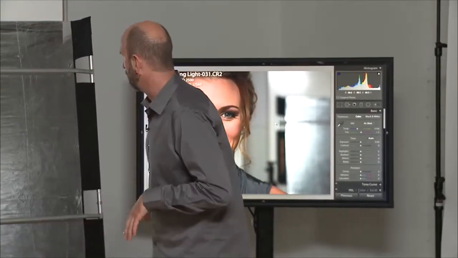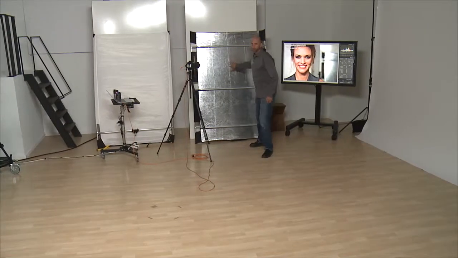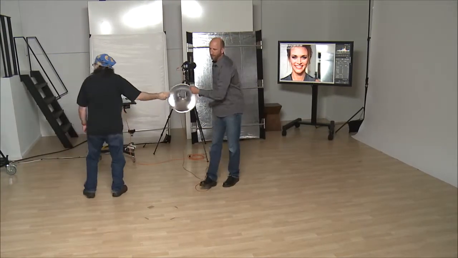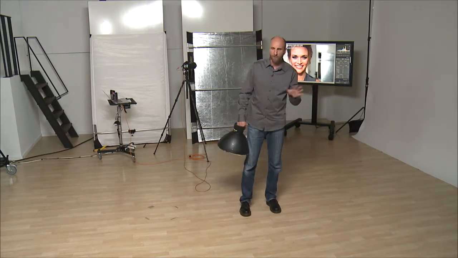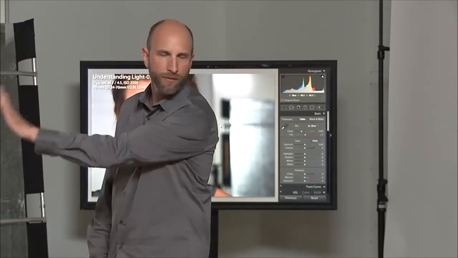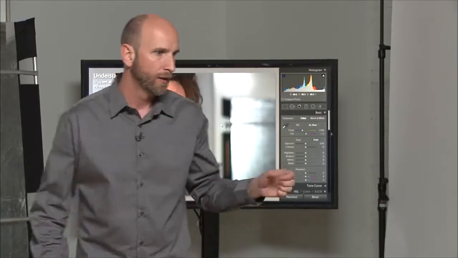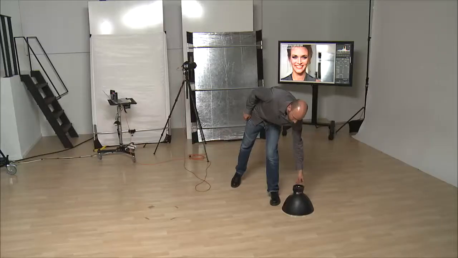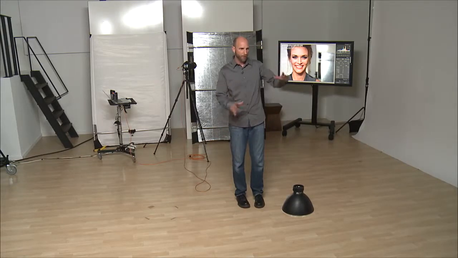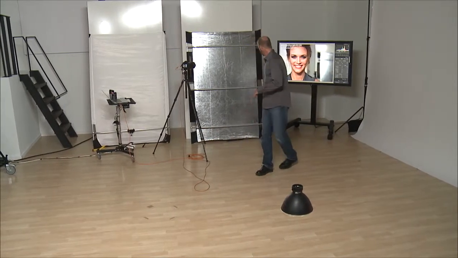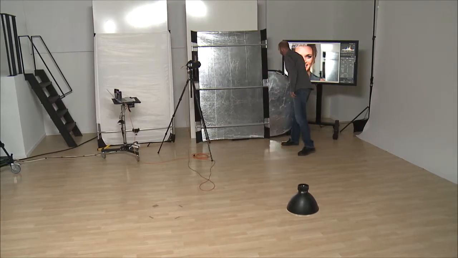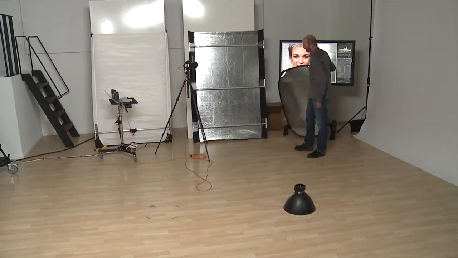Talking about this right here, the consideration there is the effective size of the light, or softness, sort of what we did with Lex when we brought her close and far away. With a really small handheld reflector, you're not going to be able to cover a full fashion shoot head to toe. So if you're shooting a bride, let's say, and you want to get the entire dress, with a small reflector, even a collapsible one like this, it's going to be difficult to get the entire dress